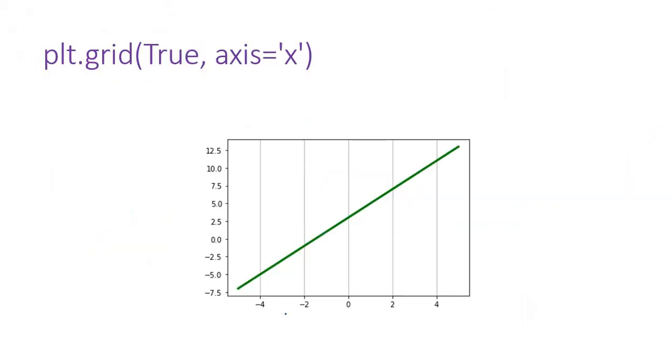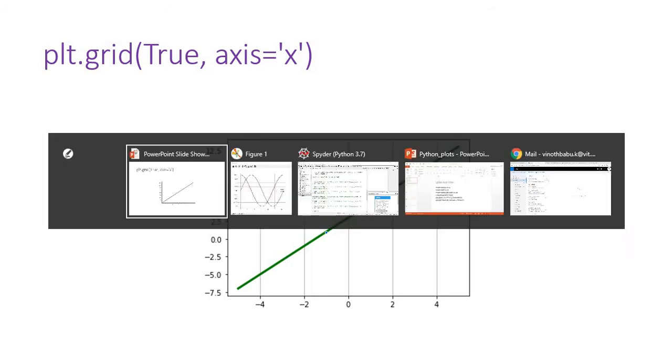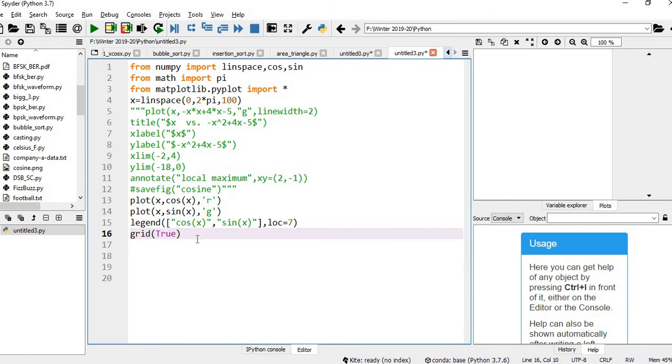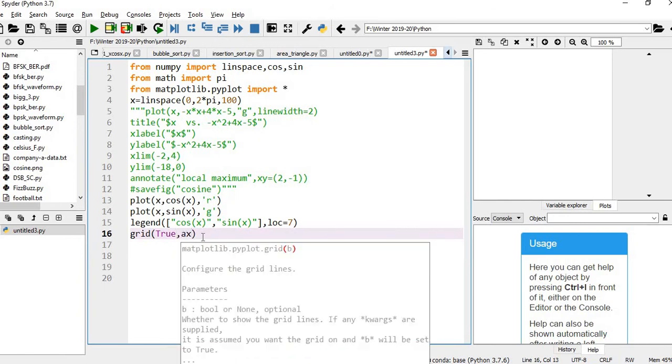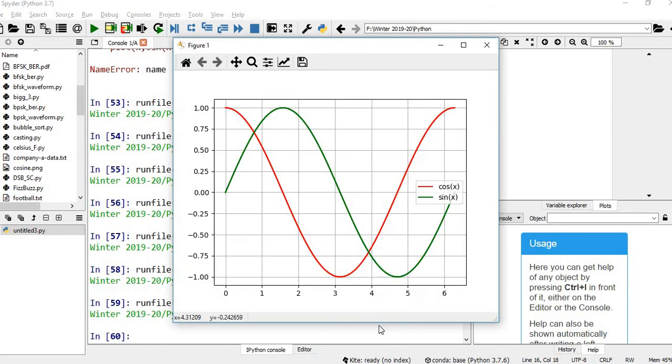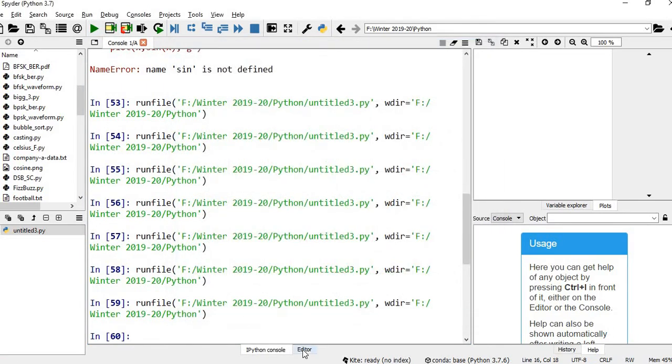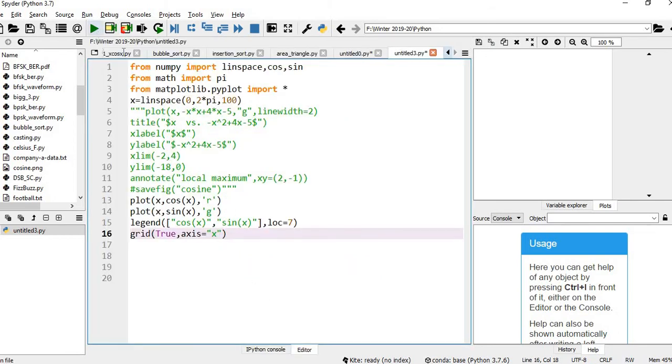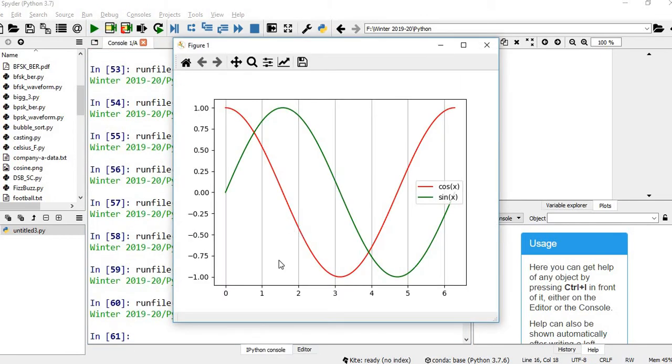Okay, suppose I want only grid in the x-axis. So I can additionally add axis within double quotes x. Let me execute. Okay, you can notice the grids are added only for the x-axis.